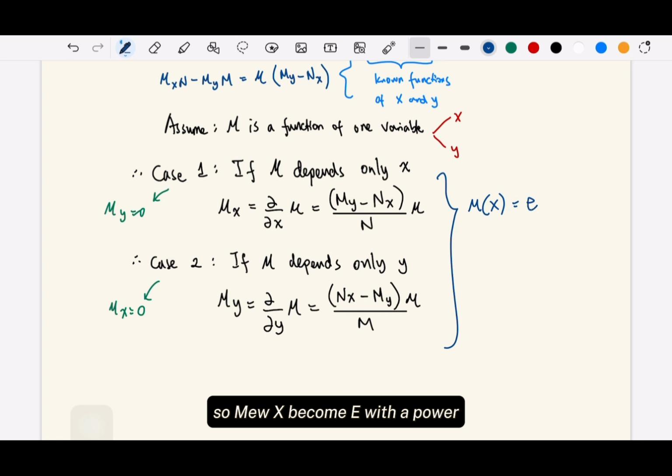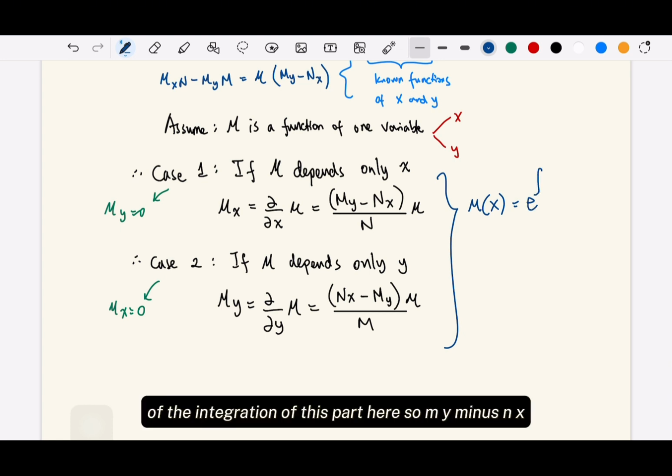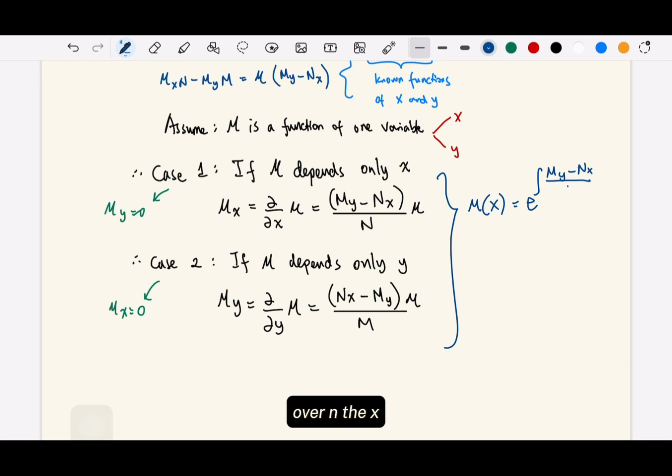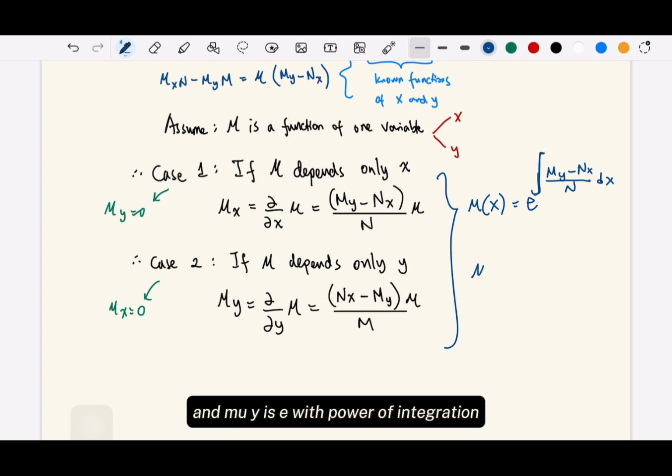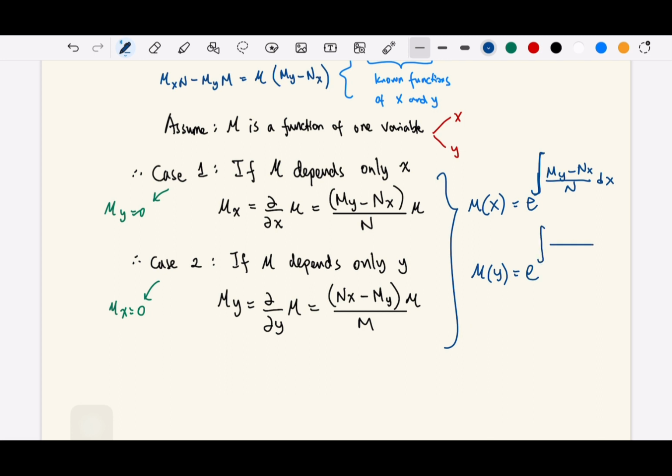So mu x becomes e with the power of the integration of this part here, m y minus n x over n dx. And mu y is e with the power of integration